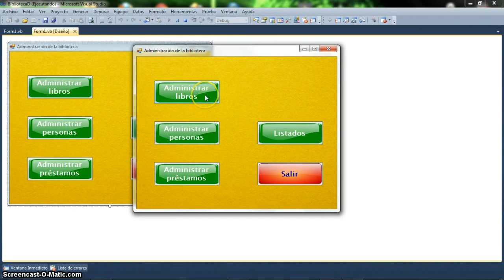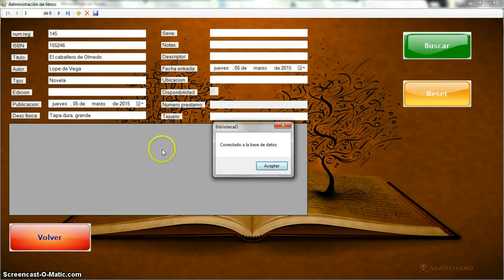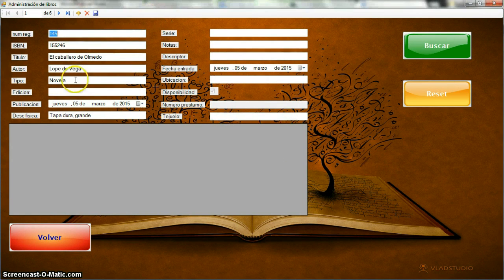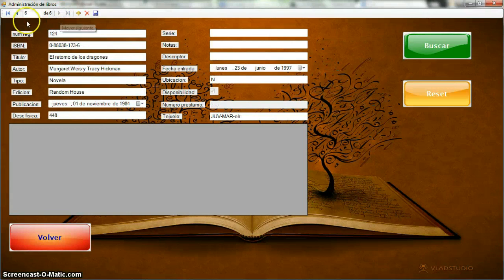First of all, I'm going to enter into the button of manage books that you have in your library, and here it will show you a message that says you are connected to the database. Here you can see all the information of all the books. You can go around all the books that you have in your library,